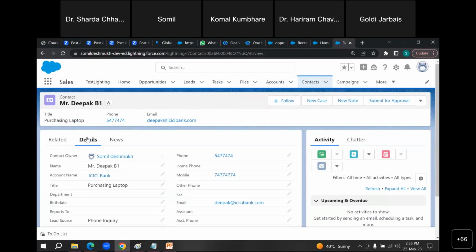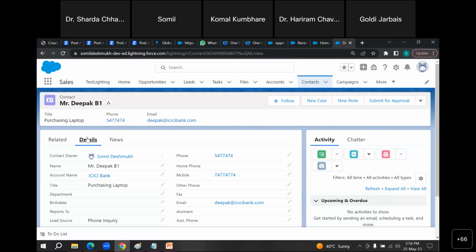But this contact is linked with account. An account is also linked with contact. So that is the relationship that there would be there. So account can have multiple contacts, one to many. And contact can have one account. So for contact, it is one to one. So the relationship changes from one side to another side.